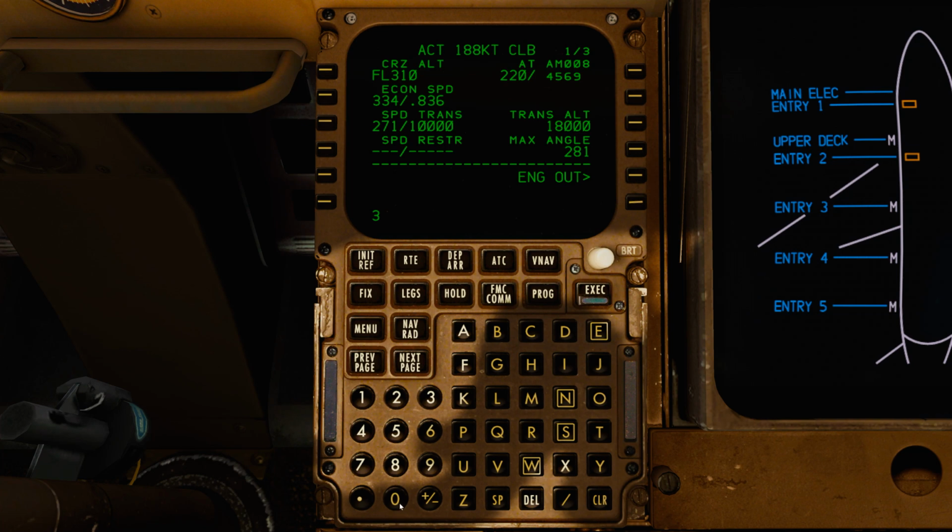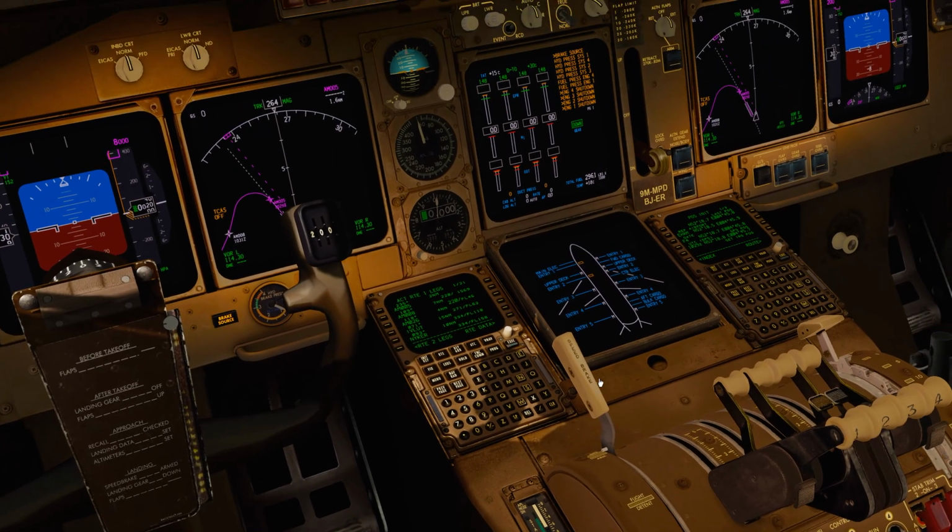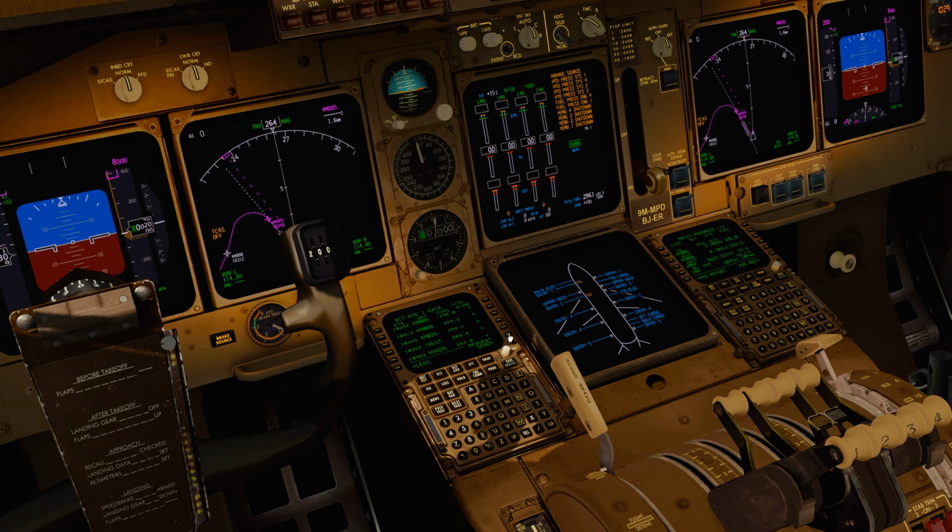VNAV trans altitude is 3000 here in Schiphol. I leave this as it is. Yeah, to 20. We can climb max 352, so with 310. Optimum is 309, so we are clear with that. So let's request our wind data, and of course let's close